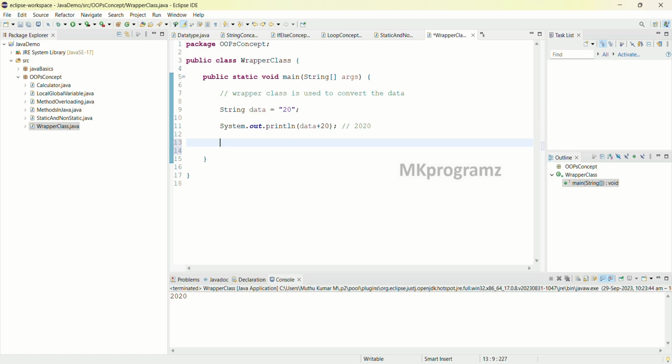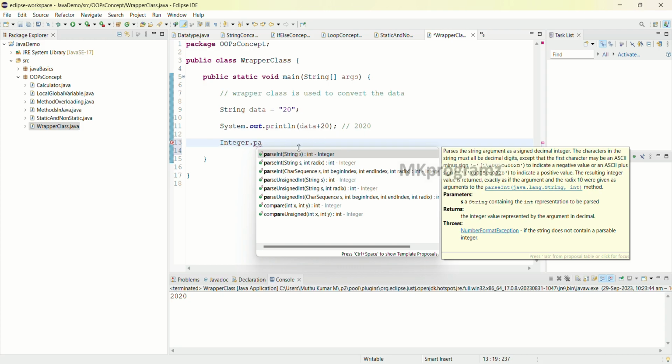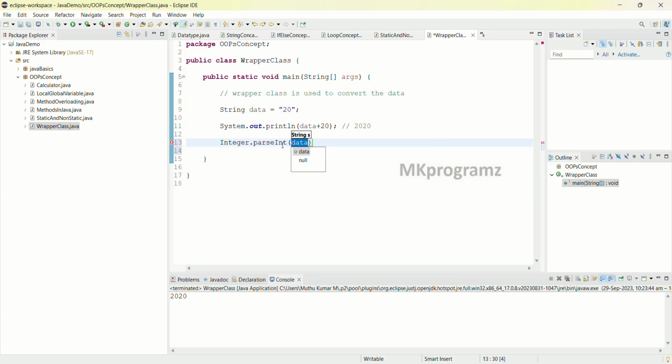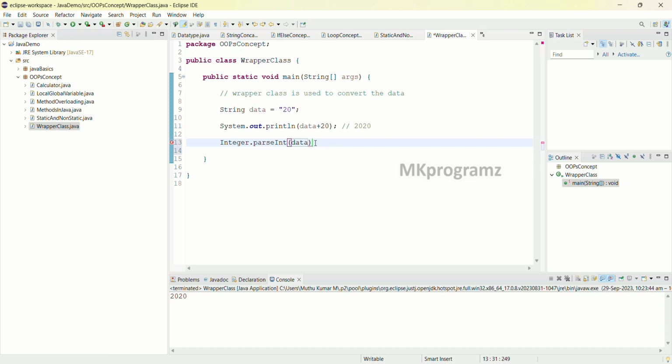So how to use the wrapper class? Now you need to convert into integer, right? So first try to declare integer dot parseInt. So you need to use this method parseInt. What this parseInt will do is parse the data, which is a string, and convert this string into integer. So plus 20. Let me initialize int i equal to